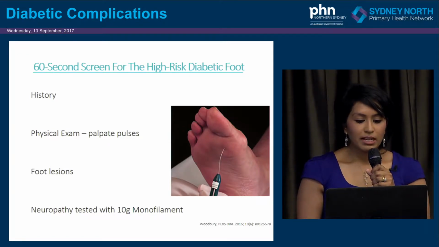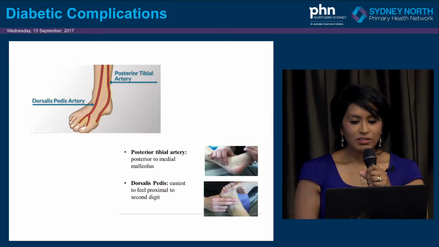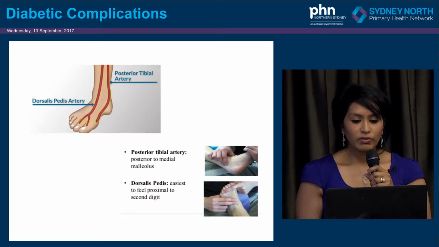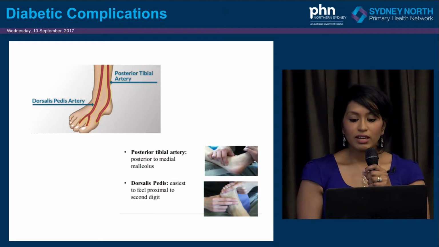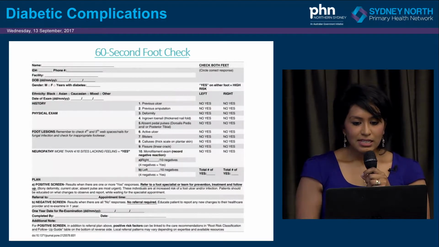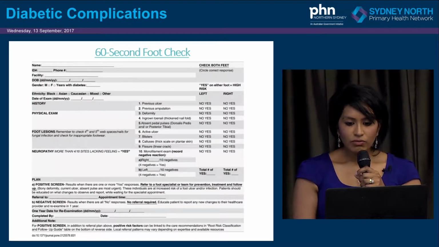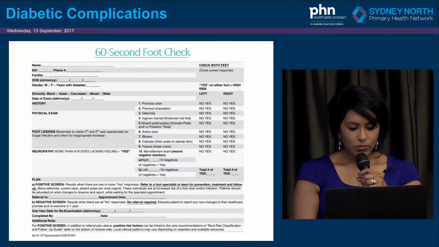It's just taking a brief history, but the key thing is examining both feet and feeling pulses and testing for neuropathy with a monofilament. So just a reminder, your peripheral pulses that you'll want to feel for, if there's good circulation, you should be able to easily feel a posterior tibial pulse posterior to the medial malleolus, and a dorsalis pedis pulse just lateral to the extensor tendon for the big toe. So this is the 60-second foot check, which is taken from an article in PLOS One a few years ago,